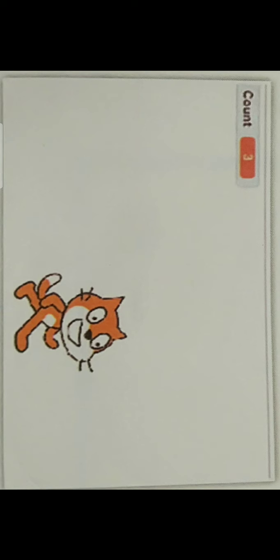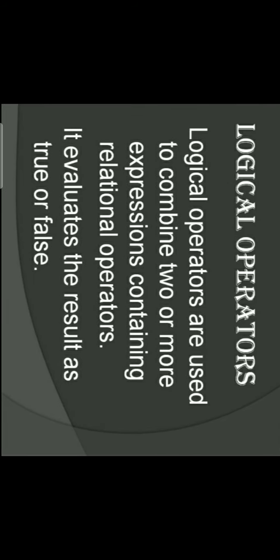As I already told you, in this example we have created a variable count whose initial value is 1, and every time we press the space bar its value increases by 1. So now we are pressing the space bar, observe the result. As you can see, the count increases as we press the space bar. That's it.